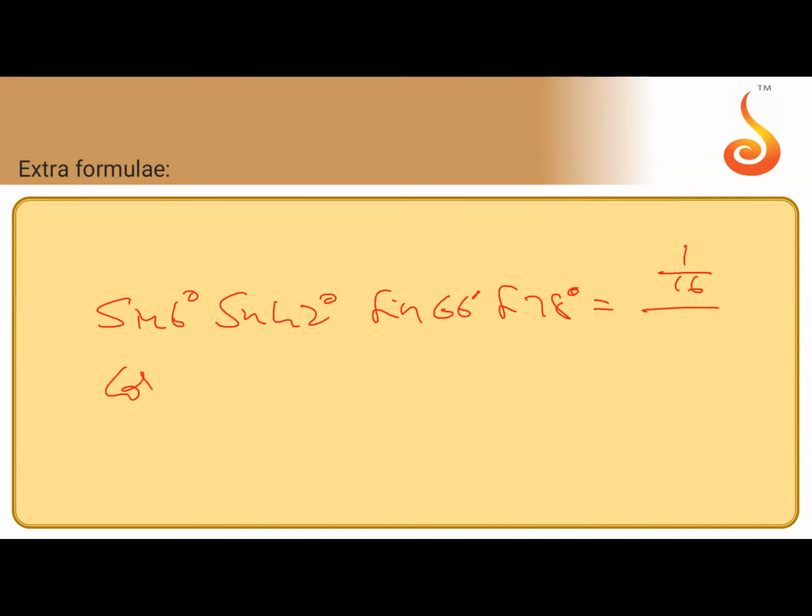The next one. What about the same question in sine? Sin 6, sin 42, sin 66, sin 78. What is the answer for this one? Tell the answer without solving. We'll get 1 by 16, because 1 by 4 and the remaining terms will get cancelled. Just note down this question. Cos 6, cos 42, cos 66, cos 78. This also is 1 by 16. In the case of tan, the same question gives 1. Yes, good Ananya. That is it.